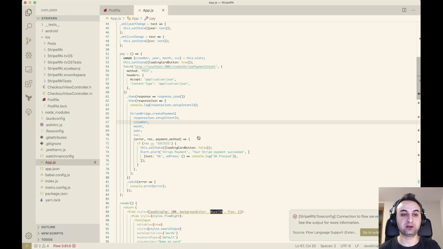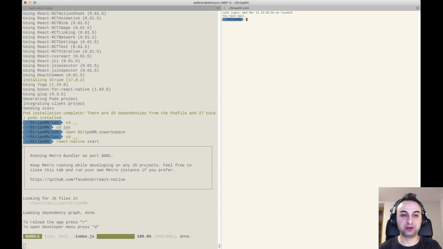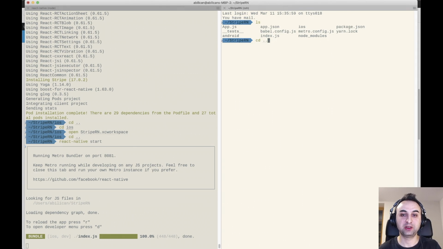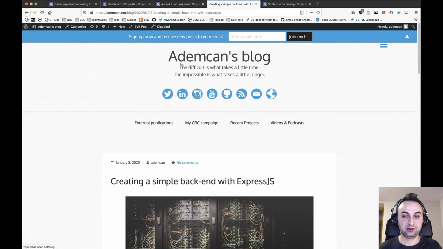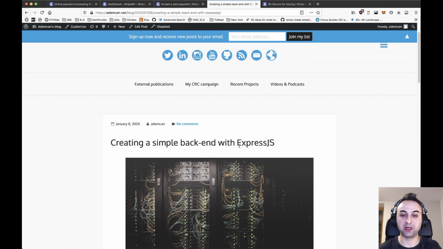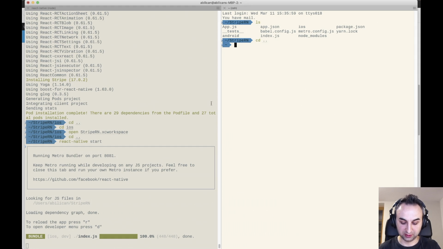So now let's go back to the command line and create our Node.js backend. For the Node.js backend, I am going to refer to one of my previous posts, a blog post that I wrote earlier. If you go to adamcan.net/blog, there is an article entitled Creating a Simple Backend with Express.js. So I'm just going to copy paste exactly whatever I did there because that's quite enough to create our backend for the Stripe payment. So let's call it Stripe backend